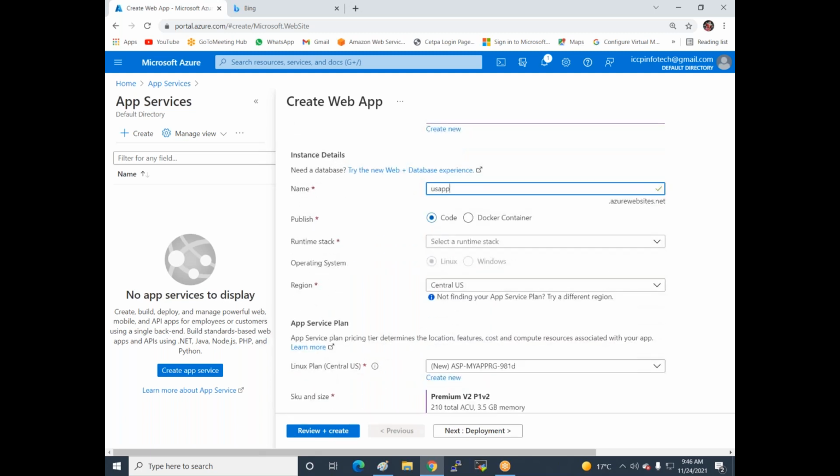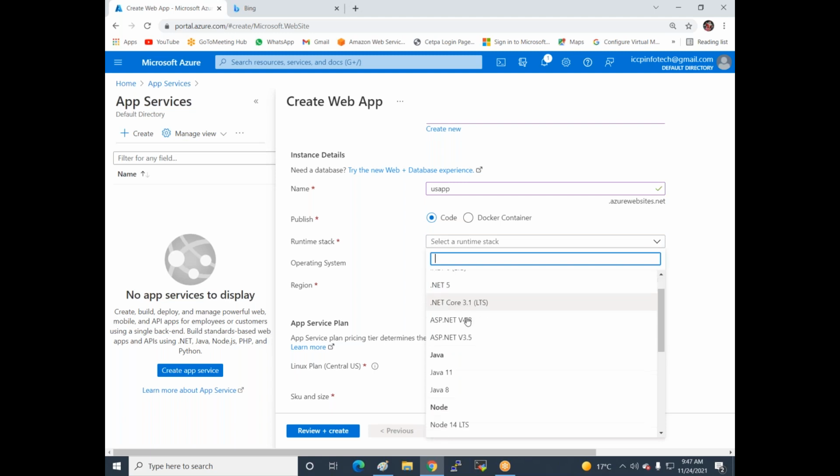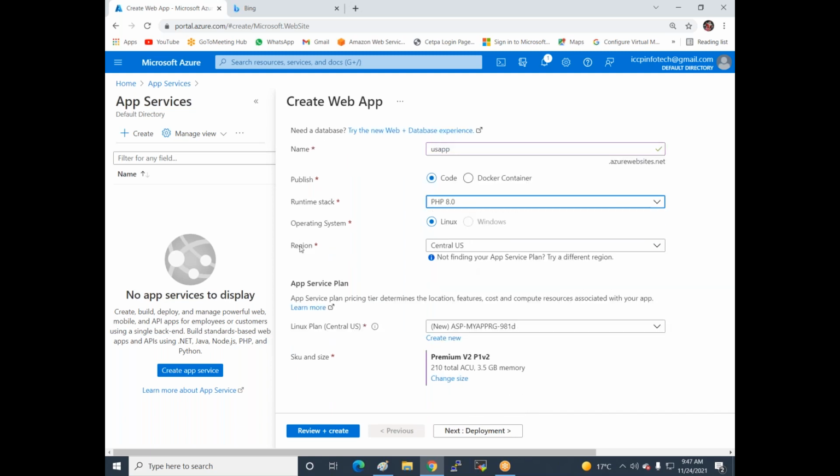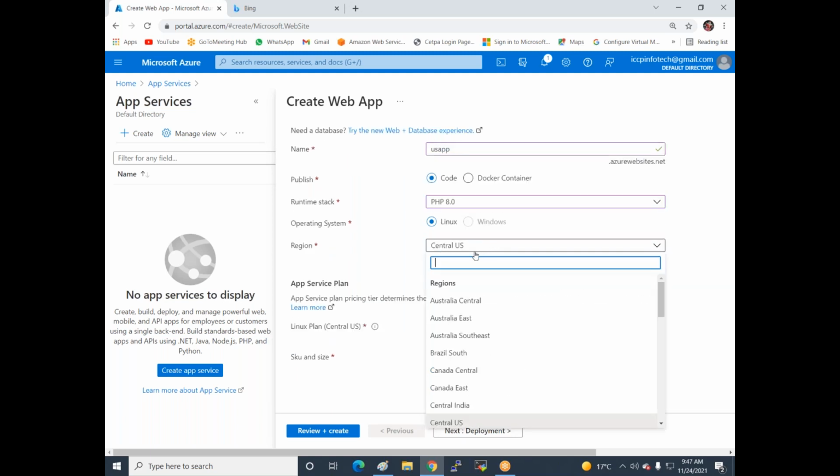Now you can deploy this service as code or via Docker containers. I'm executing this App Service through code. Now you select which type of code you can execute, whether your website is running on a .NET platform, Java platform, or Node platform, whichever back-end platform you are using. I'm using PHP. Then the second is the operating system, which is managed by Azure. It's deploying Linux. Then you select a region. I'm deploying this infrastructure in East US.